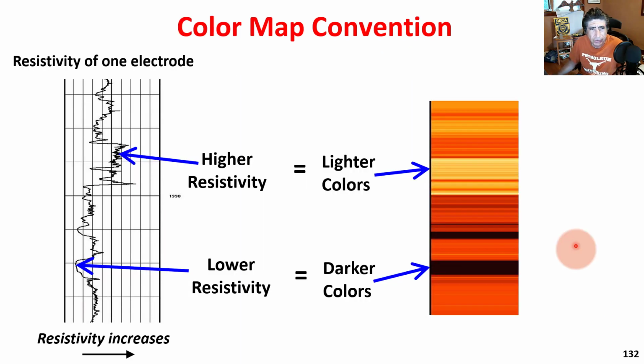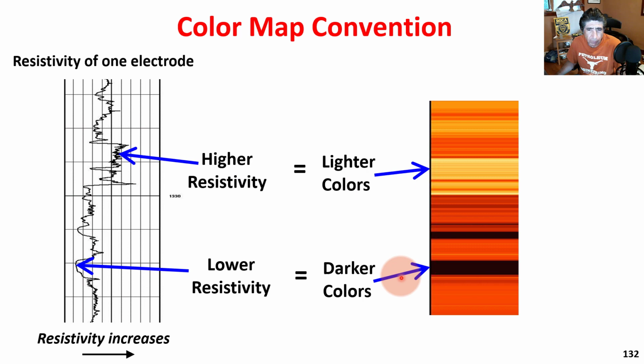And the images, the colors that are done here, they use this sort of reddish, yellowish, dark pattern to present the images, but this is what we have to remember. So if you were to plot the individual resistivity of one of these pads, this is what it would look like. You will have high resistivities and low resistivities. The tradition is for low resistivities to be plotted in darker colors, and high resistivities in lighter